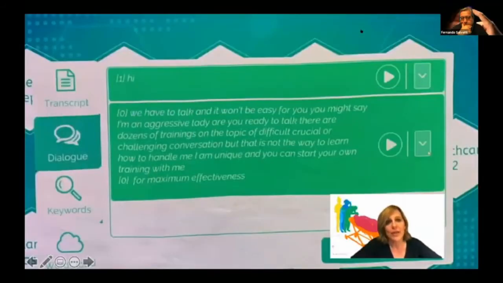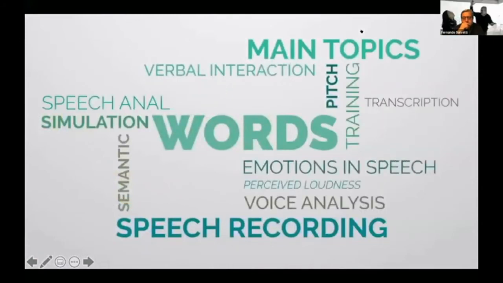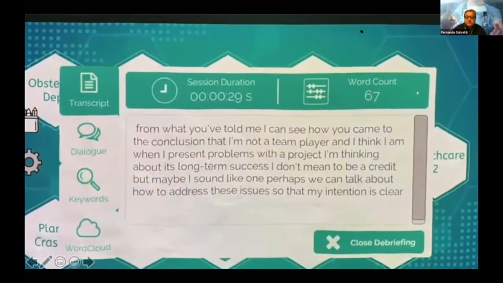color for each participant. Then we have the function keyword spotting that shows how many times a specific word has been pronounced during the conversation. Useful when we aim to work specifically on language. And finally, the word cloud that shows the words used more often, giving a visual representation of the main topics shared. On the right side of the window, we have 2 buttons that allow us to open the recording and the visualization of the non-verbal aspects of the speech, phrase by phrase. Let's see an example.